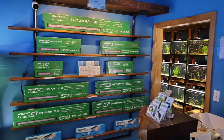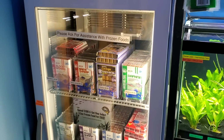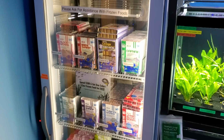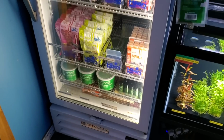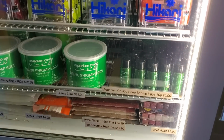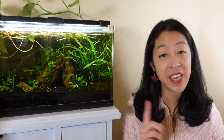The last area inside the retail store was kind of behind the check stand. And so the first thing that caught my notice was the frozen fish food freezer. Again, very well lit. It had a glass door so I could clearly see what they had in stock. At the bottom, they stored some baby brine shrimp eggs. I thought that display was very nice looking, as well as right next to it, there was